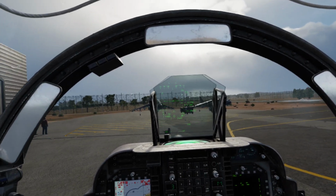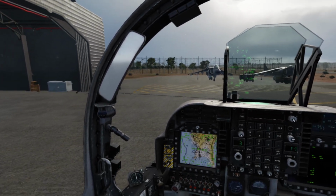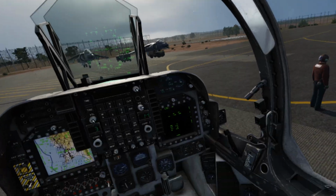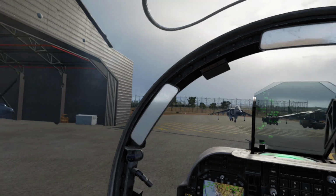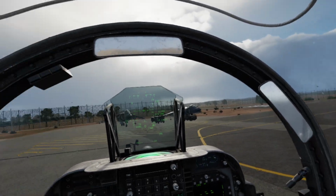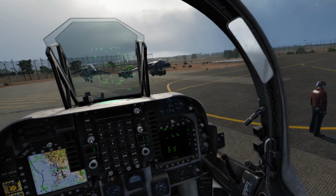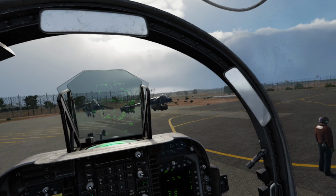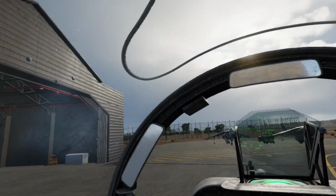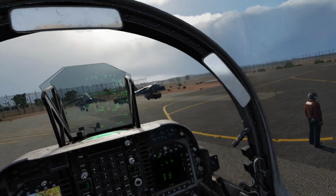So we're just going to reposition the aircraft, and we don't have a lot of fuel on board. We've got 3,300 pounds, a couple of Sidewinders and a gun pod, and we're just moving it out to the ship. So we've loaded up with not a lot of fuel, enough to get out to the ship and put it on the deck, and we're here at RAF Kingsfield, and all we need to do is take off vertically